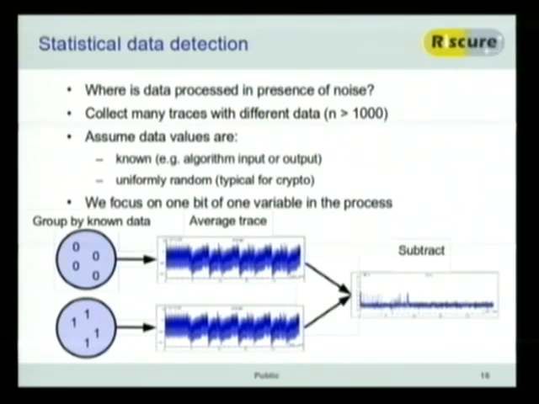So if we subtract these traces, we're actually going to see noise except in the places where this bit has caused some kind of influence on the data. And this is very strong, because we don't always take 1,000 traces, sometimes we take 1,000,000 traces. So we can detect differences in voltage in the tens of millivolts. It's amazing. And it's very hard to protect against as well. So that's what's called a differential trace. So it's a trace that shows sort of over time, it gives peaks on where statistically this one bit that we're looking at has caused an influence